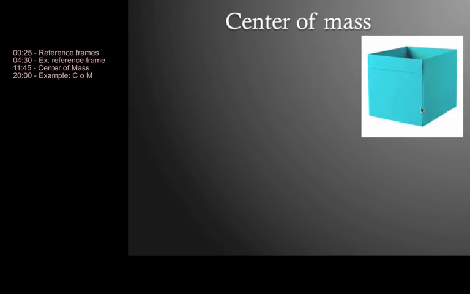So if the box had a lid, it'd be pretty easy to point out, well, we can just use symmetry and argue that the center of mass of the box is going to be in the center. But in this case, we don't have complete symmetry. We have an open box. So if we're looking down at the box, we can use symmetry again to argue that the center of mass is going to be at x equals 0, y equals 0. We know that it has to be somewhere along this axis. So we're going to call that axis z.